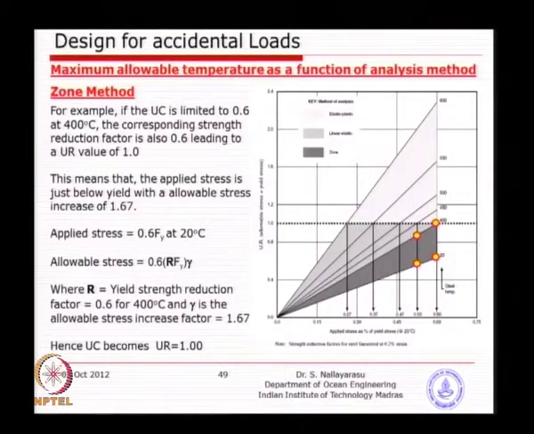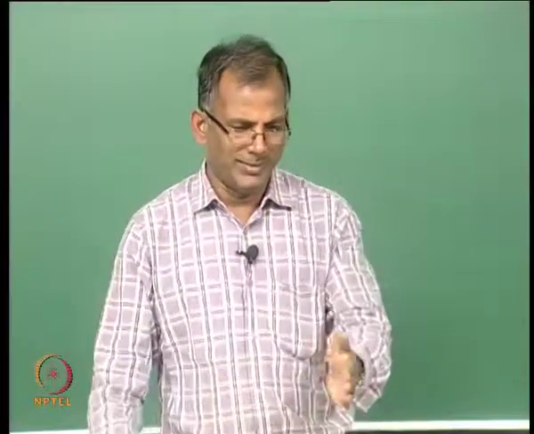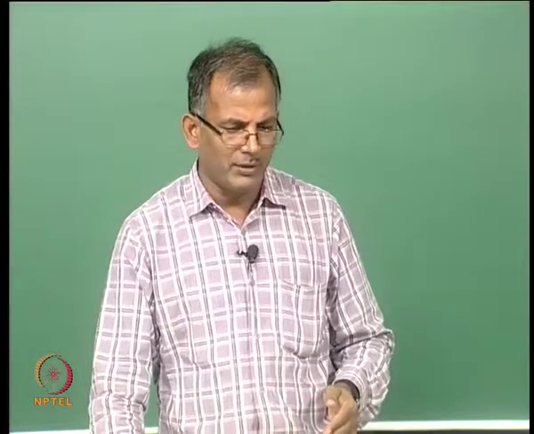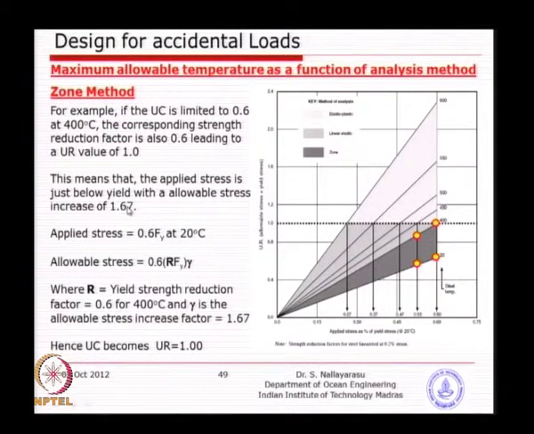So, the idea behind the zone method is simply designing the structures with the reduced applied stress corresponding to the yield strength reduction factors for 400 degrees, and that is just a typical example. I have given you applied stress is 0.6 Fy, and basically at 20 degrees, and we know very well that the allowable stress or the safety factor in allowable stress design is 1.67 taking 0.6, and gamma is also an increase factor, which is normally, if you remember when you design structures for seismic condition, we normally increase the stresses to 70%.